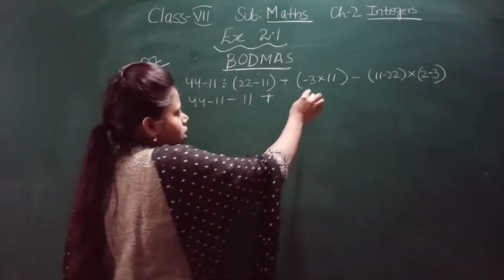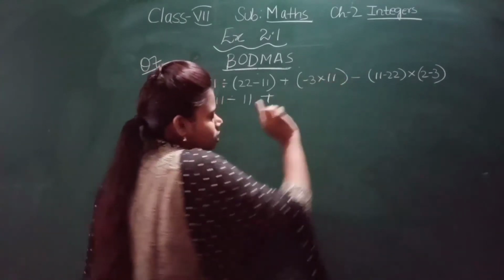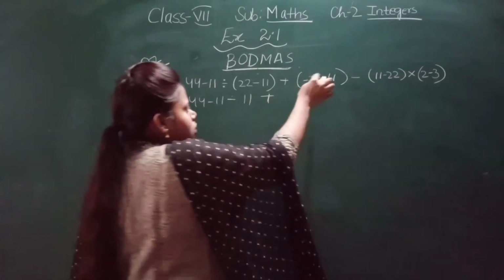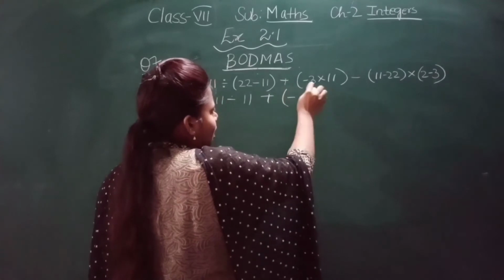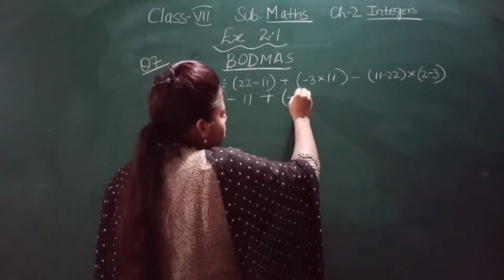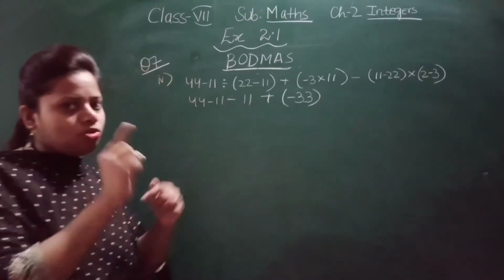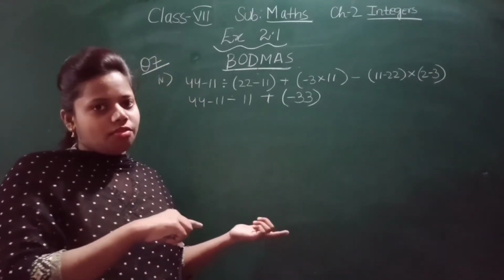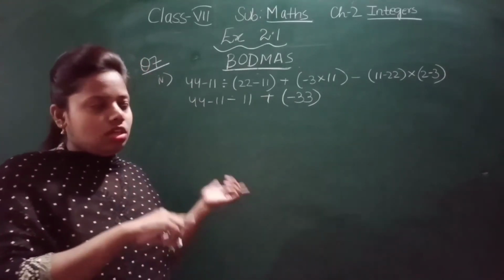Now plus, minus, and this is plus 11. In front of this nothing is written, means it is a positive number, it is plus 11. So minus plus will be how much? Will be minus. So it is minus 33. In multiplication, again I repeat, what you say you have to write: minus plus minus, minus minus plus, you have to put the sign there. There you don't need to see which one is greater, which one is smaller.